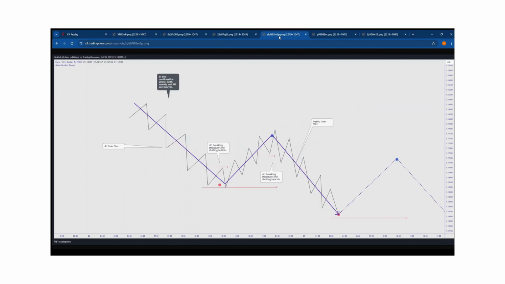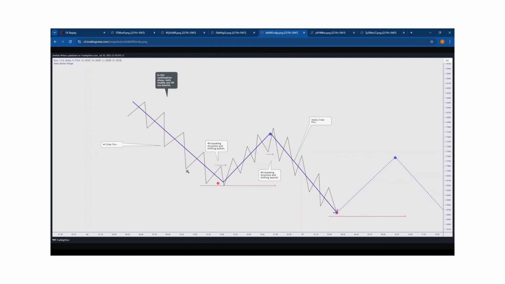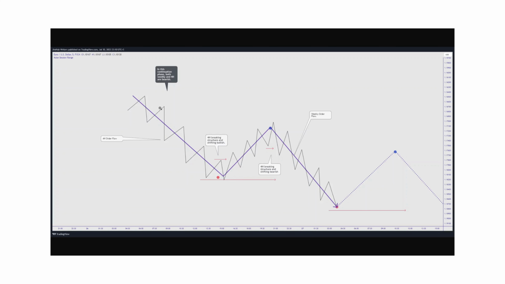So starting off at the weekly, this is a bearish order flow, as we have said. Now, on this continuation leg, you can see that the H4, which is this black line, is also bearish. So as the weekly is going to create a lower low, the H4 is also creating its own bearish order flow. However, when the H4 shifts its order flow to a bullish order flow, it's at this time